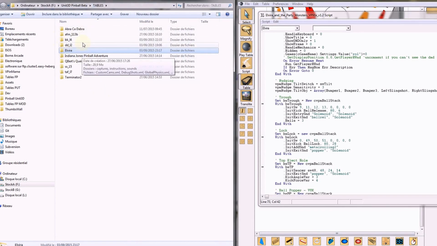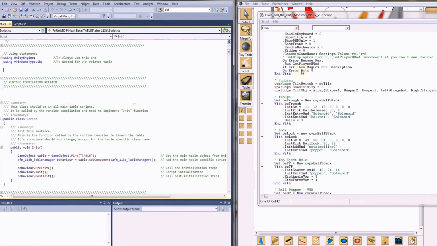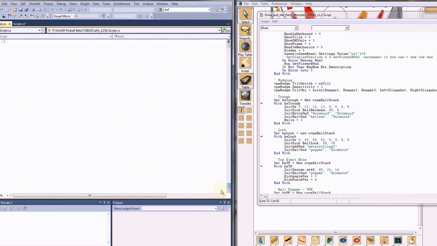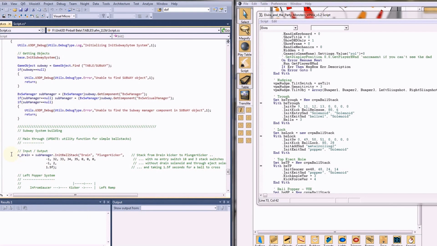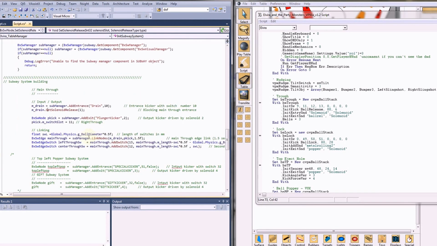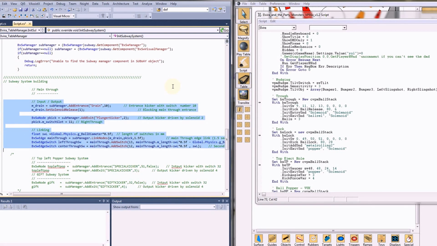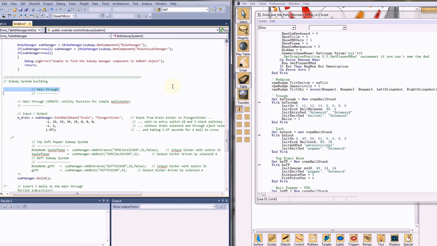I think it's done for the Adams family. Let's open the script and go to the through section. So right now we have this function. It's a utility function for ball stacks, right? So let's select it, copy, go back and replace all of this. So this function will replace all of this. Let's copy it. So it still is the main through,